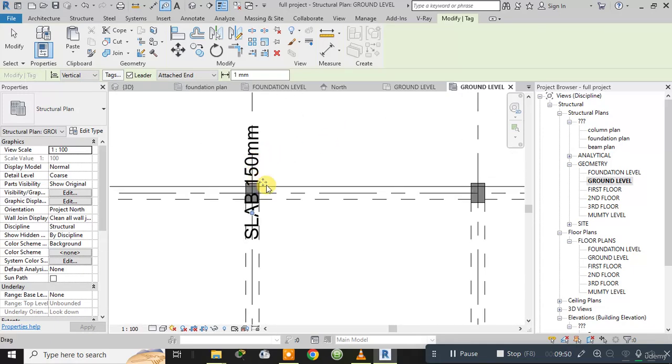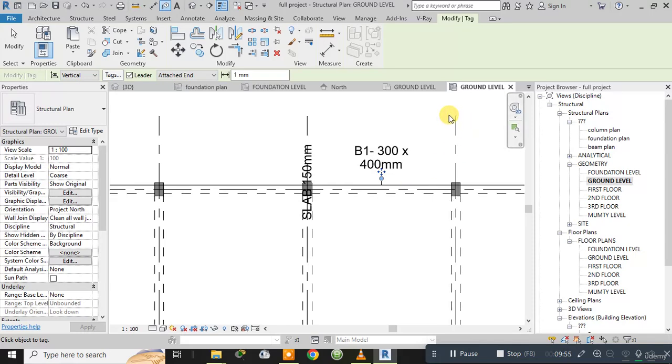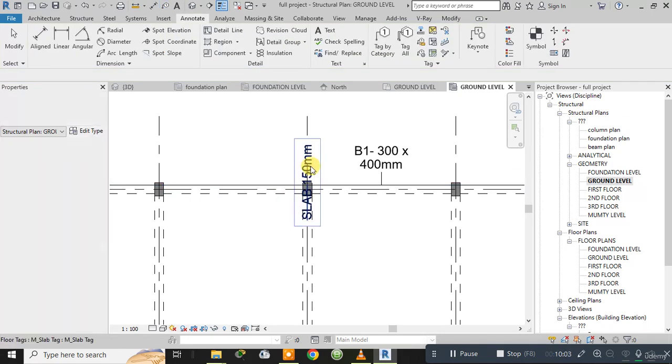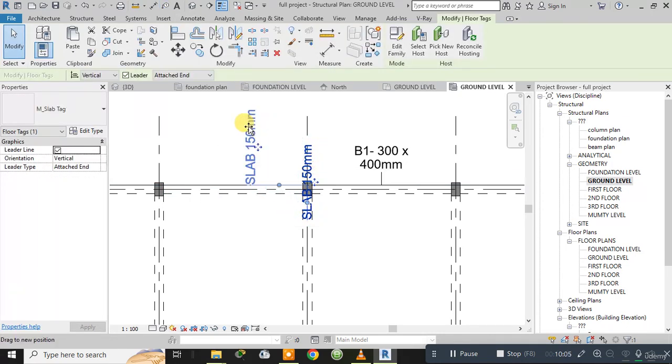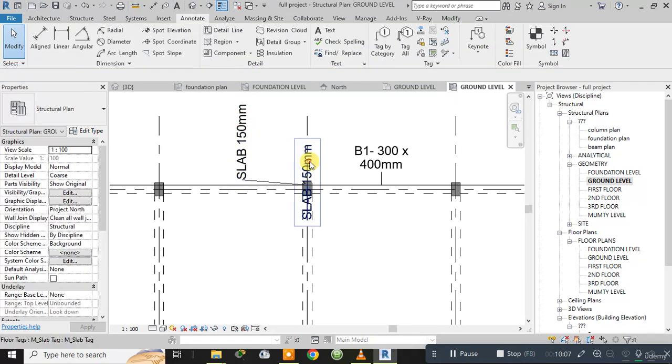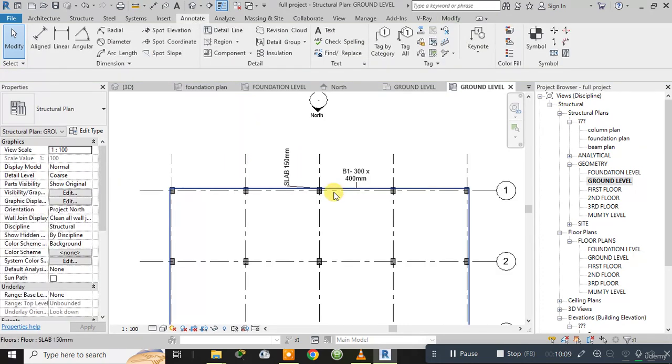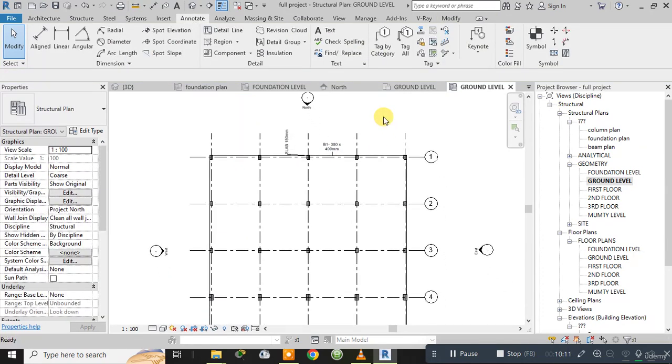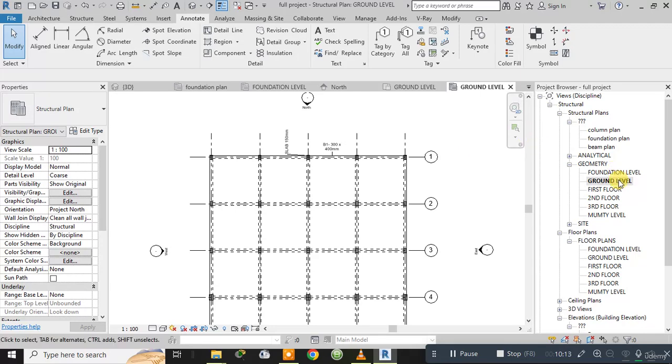So as you can see here, now this one is the slab, beam of 300 by 400 mm and slab of this one. So I can show it here, the slab. Let me delete this one. In this way I will take the slab as well, and let me copy this ground level